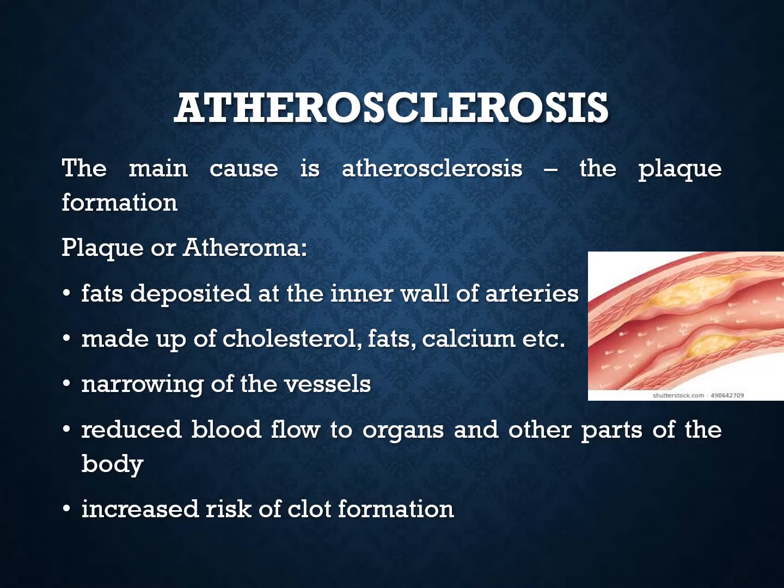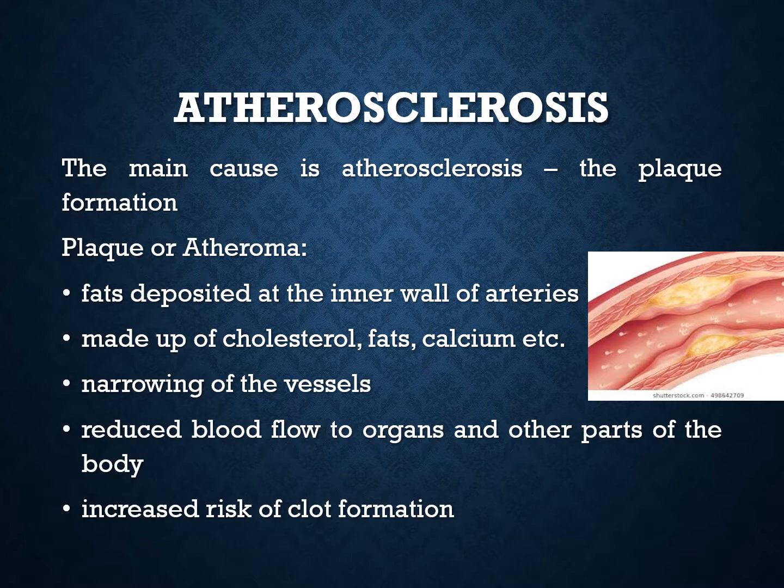Now we will see how macrovascular complications arise. The main culprit for macrovascular complications is atherosclerosis, which is caused by the formation of atheroma or plaque made up of cholesterol, fats, calcium, and other substances. Higher blood glucose level damages the inner lining of blood vessels or blood pipes, promoting deposition of cholesterol in the vessel walls, accumulation of which over a period of time results in progressive narrowing of blood vessels, and this process